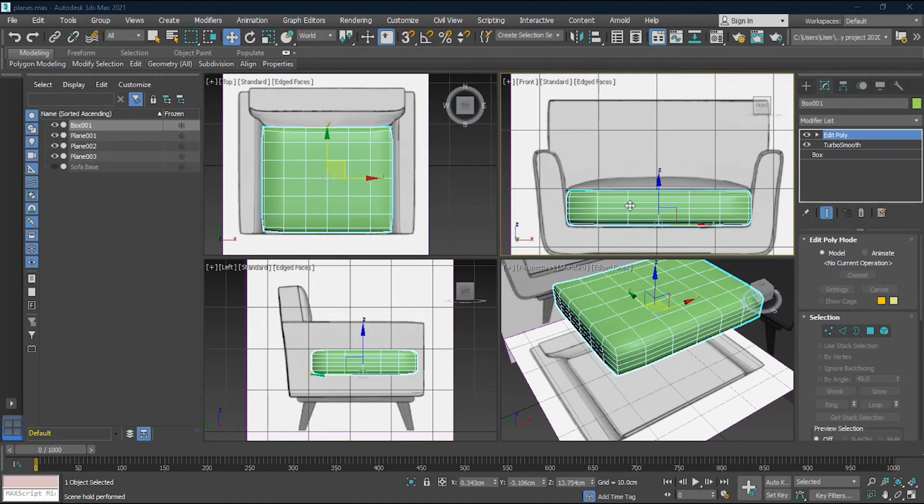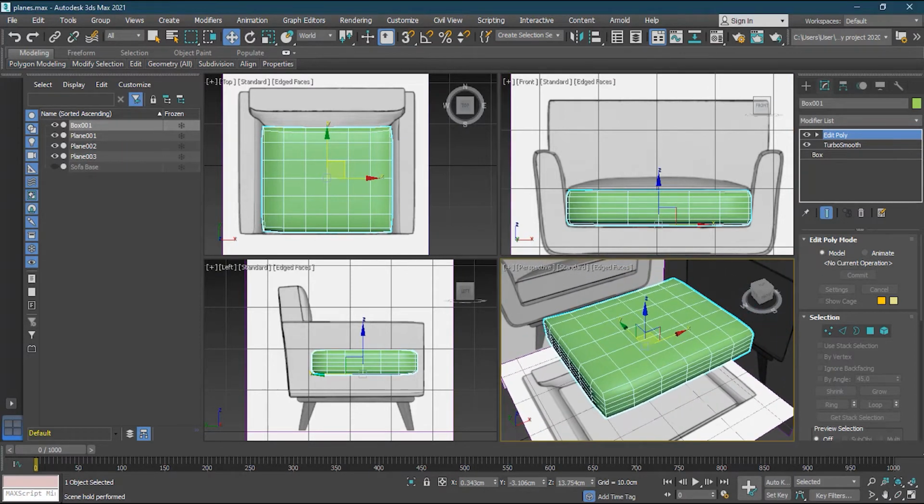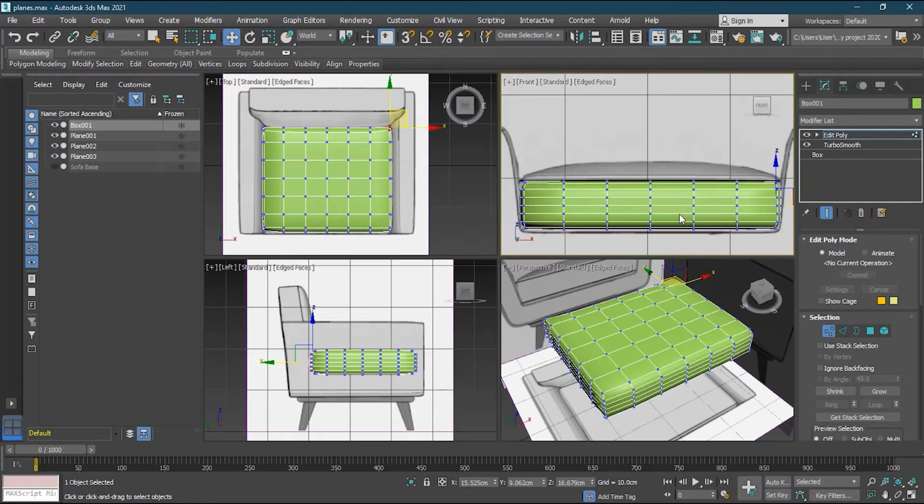So now you can see from the front viewport that the seat is a little bit curved. It's kind of fluffy from the top. Okay, now we cannot see that in the left viewport or the top viewport, but it's clearly visible in the front viewport. So what we can do here is go in the sub object mode and take the vertices. Now these vertices, what we can do is take the top part of these vertices. Okay, for example, first we will take this part. Okay, and then we can move it up,